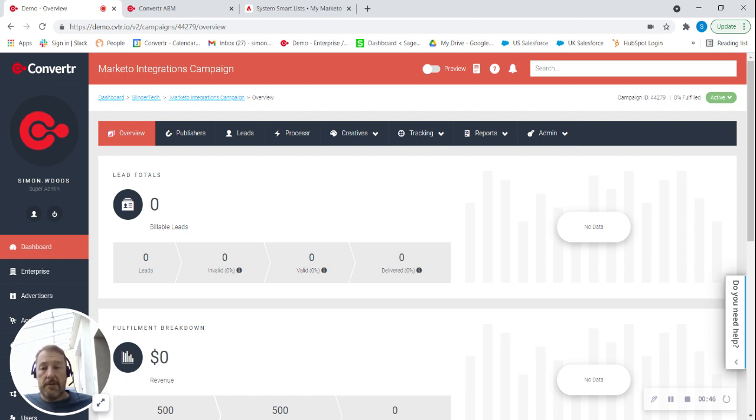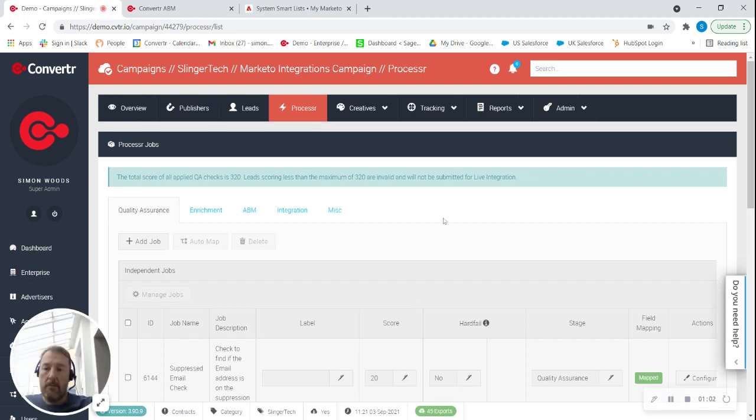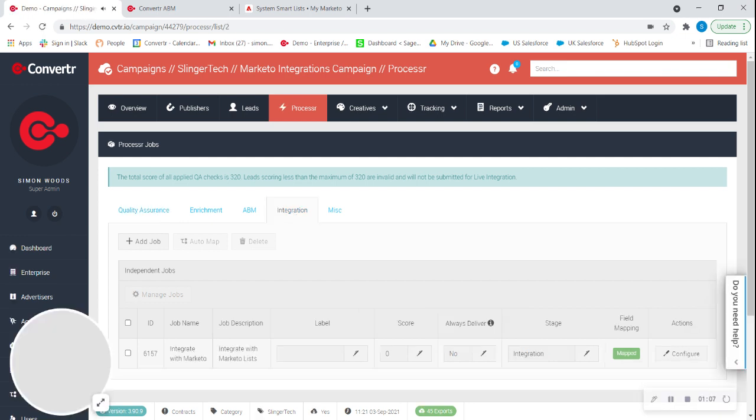So first and foremost, we have our Marketo integrations campaign here within the Converter platform. So what we need to do is go to Processor. Once in the processor section, we'll go to integrations, and then we can hit configure. So we've already got an integration configured here, or partially configured, but we're going to add the elements we need for custom data objects and a custom activity. So if I click configure,